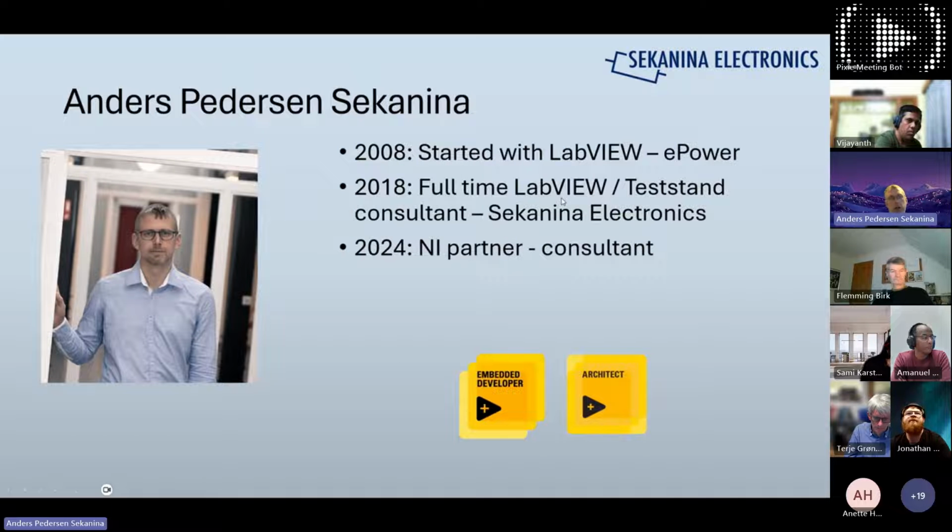I will say who I am. I'm Anders. I started in 2008 with LabVIEW. Started in ePower technology, where I did a lot of RT and a lot of single board. We did some strength training equipment, medical equipment, with a single board RIO as the main controller for the motor controller. It was motorized. And then I built it up on LabVIEW, so I started actually with real-time FPGA and then built it up to other things. Later came TestStand.